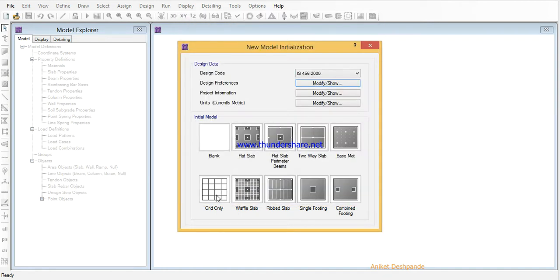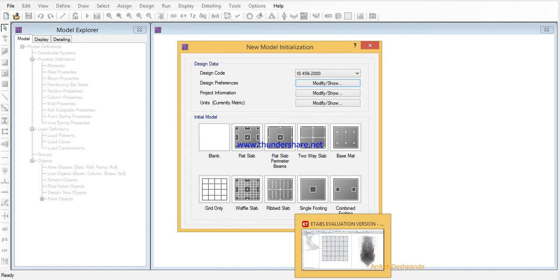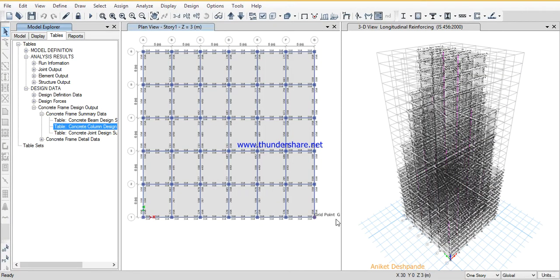Next, grid only. As per the plan, this is 30 meters. Again, this is 30 meters. Let's assume that a 2 meter offset is given on all four sides. So the total size of our foundation slab becomes 34 by 34. So we can go for 2 meters of